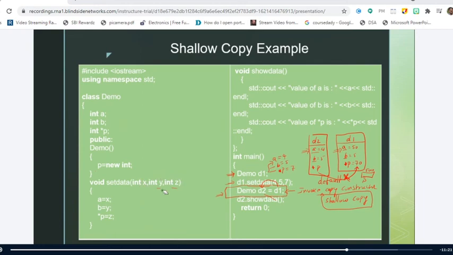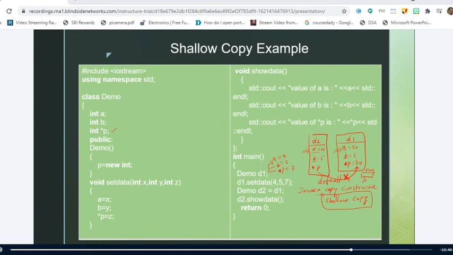When pointers are present. Right. So when a class consists of pointer variables, in such situations, you require the user-defined copy constructor. If you make use of the default copy constructor, that is, a shallow copy, when the class consists of pointers, the problem of pointers sharing the same memory locations will arise, which is not acceptable.